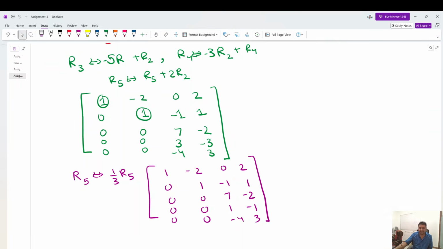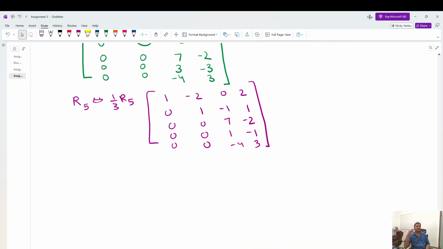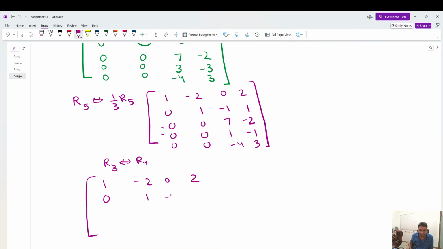So to simplify calculation, because if I have my pivotal entry 1, that would be a bit easy. Now you interchange these two rows. So row 3 interchange with row 4. So what you get is 1 minus 2, 0, 2, 0, 1, minus 1, 1, and then 0, 0, 1,